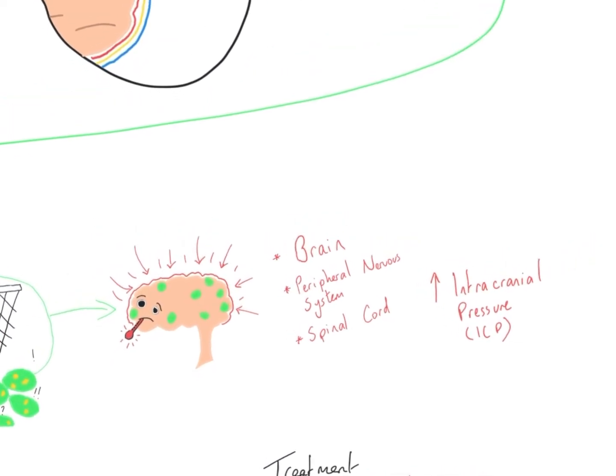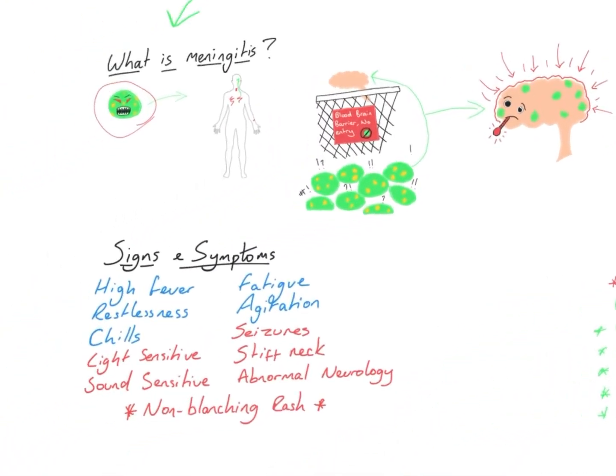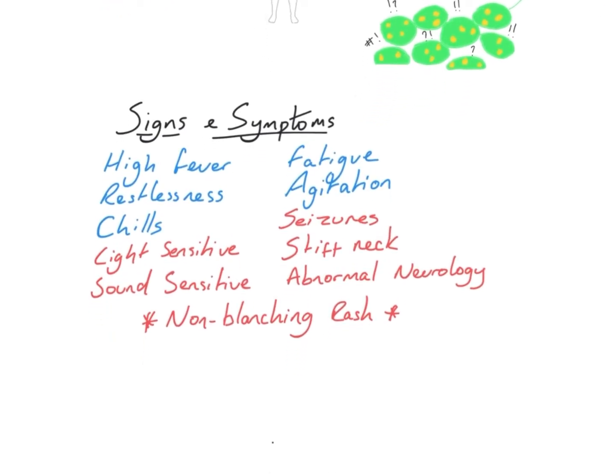So all told, this causes a lot of problems, obviously, for the patient. We start to see massive dysfunction of the nervous system, both peripheral and central, and that's where we start to see some of the strange signs and symptoms associated with meningitis. These signs and symptoms include high fever, fatigue, restlessness, agitation, chills, and then actually, the reason I've made those blue is that they are the same signs and symptoms you'd expect with any infection, really, any sort of cold or flu-like infection. When we start to think meningitis, there are these more red symptoms, so unexplained seizures, light sensitivity,